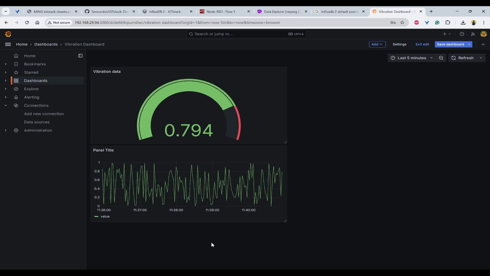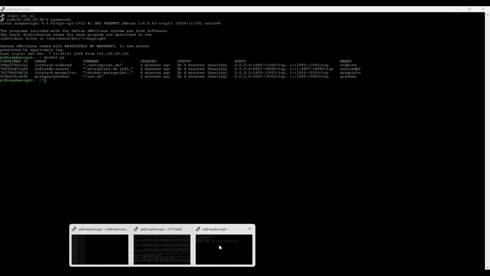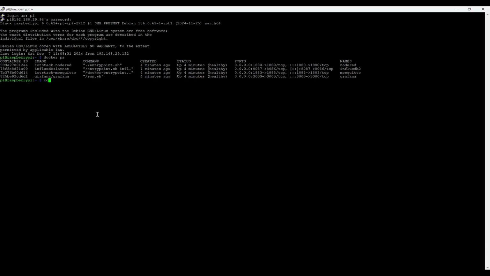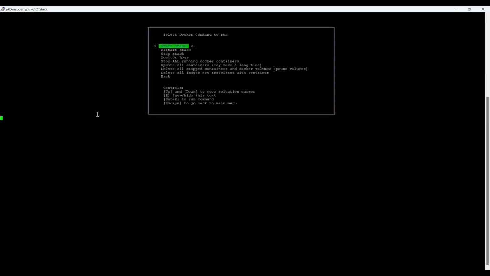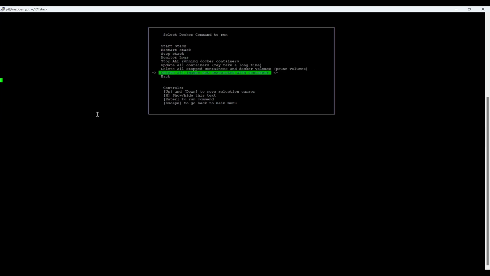Before closing this video, I'll show you how to stop the container. First, you can go back and cd to IoT stack. There are two ways to stop it. You can use /menu, then Docker commands and stop stack. This is one way.